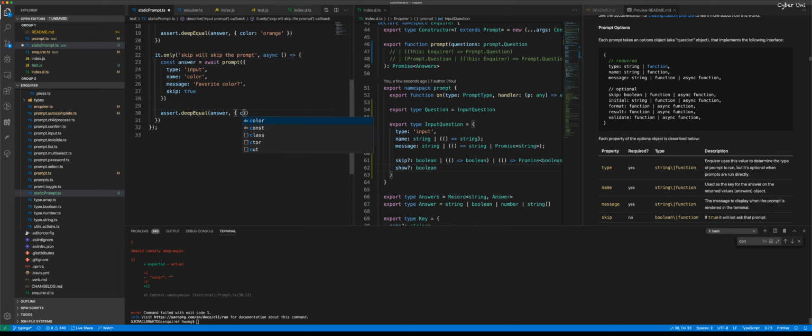And over here, we can say color equals an empty string, right? Because it is skipped, we are not asking for it. So that should be a legit test. That should be sufficient. Okay. So let's also